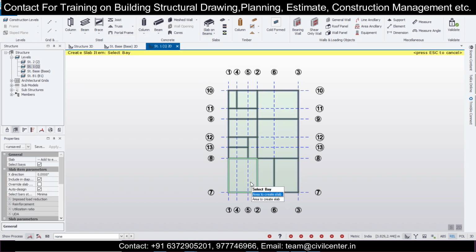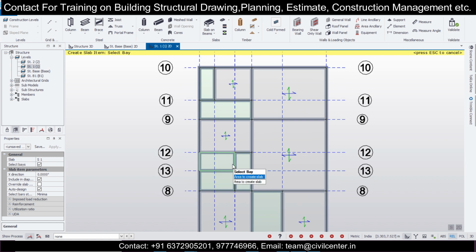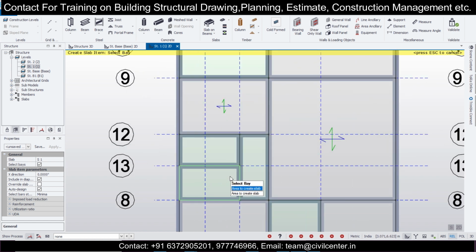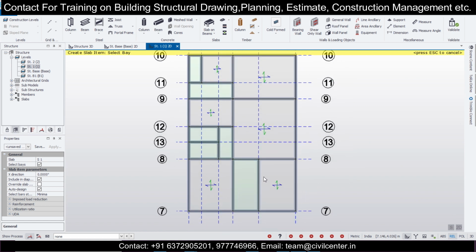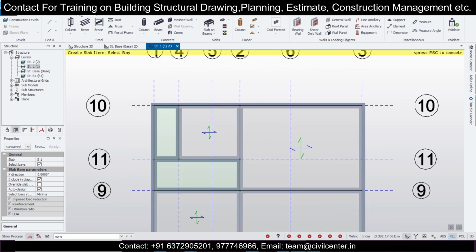When you go to the structure and levels and go back to structure 1, take the slab on beams and we'll insert the slabs here. Basically we are inserting the two-way slabs. There are some one-way slabs here like this one. If you measure the length to breadth ratio, this will be a one-way slab. So we can insert the one-way slabs as well. You can measure these values and determine which one is the one-way slab and which one is the two-way slab. There will not be any slab here, because definitely we have a staircase here, so over the staircase there will be no slab. So these small things you can determine here.